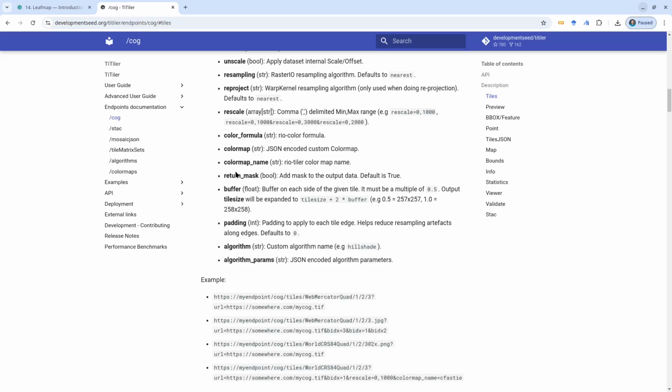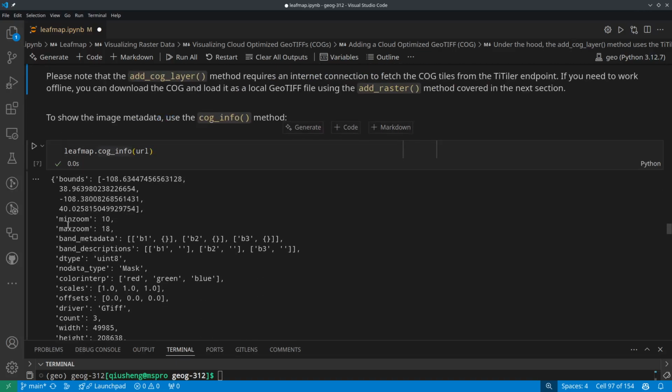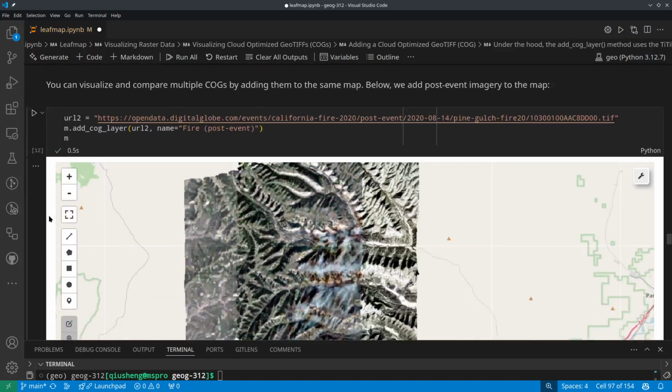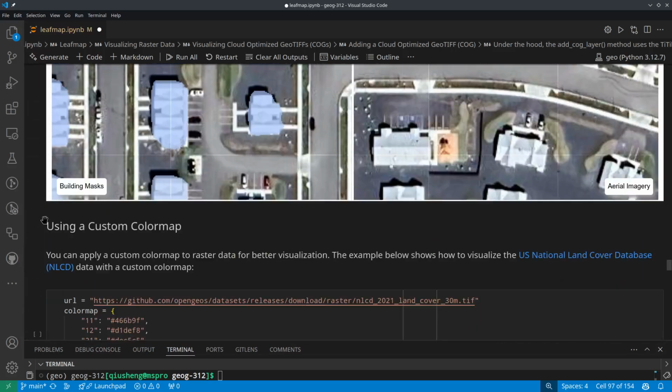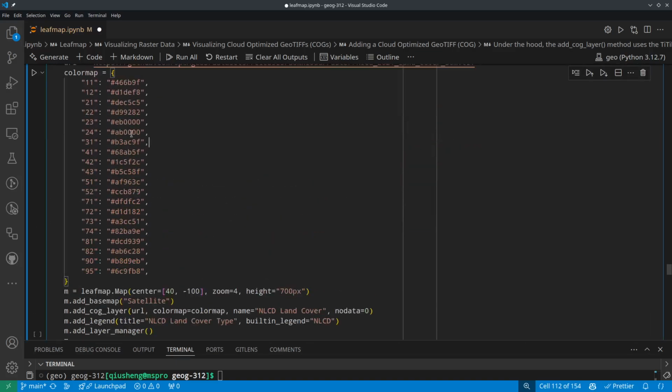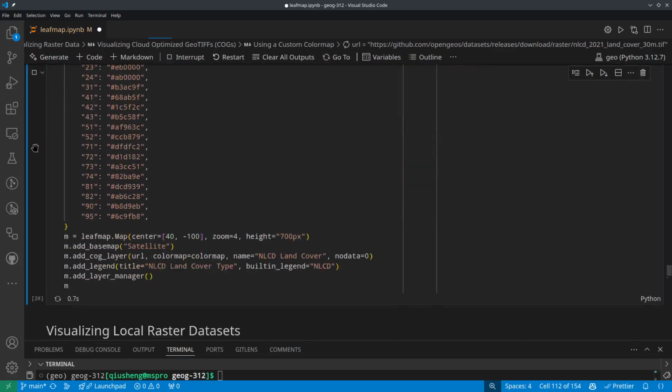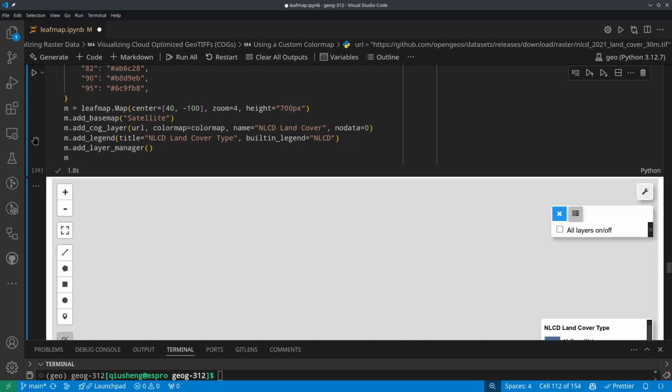And earlier we used the color map name. So look at this one, TiTiler color map name. So that's why we use the tab20 cool or something like that. But you can also provide a color map. Basically, you can provide a custom color map. And this is what the next example I'm going to show you is, how do we use a custom color map. For example, you might have some land cover data. You want to give a custom color for the land cover. So let's look at the result first, and then we can explain the